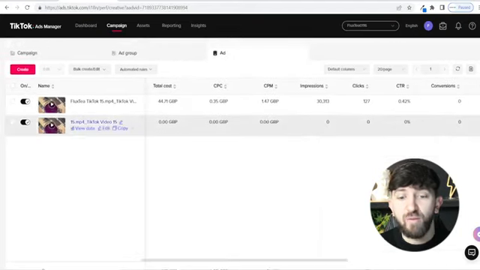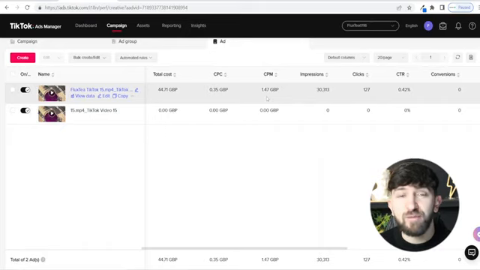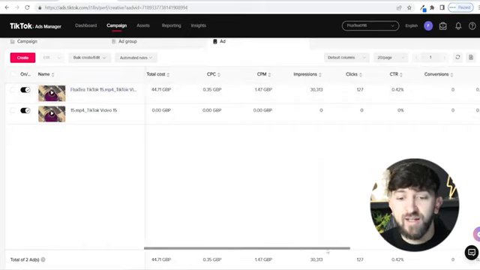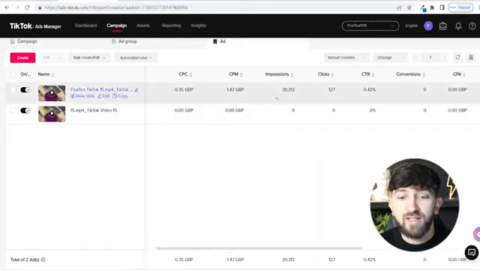So I'm paying around £1.50 for 1,000 people to view the ad. Once again, I think that's pretty decent. You can see it got 30,000 impressions, 127 clicks. So 127 clicks through to the website. So you can see that that would take this ad campaign through the learning phase because I got over 50